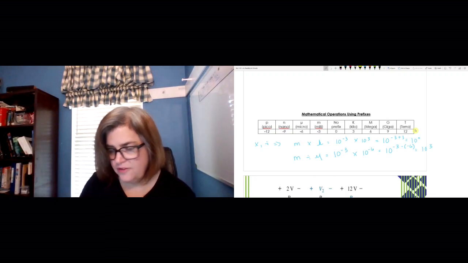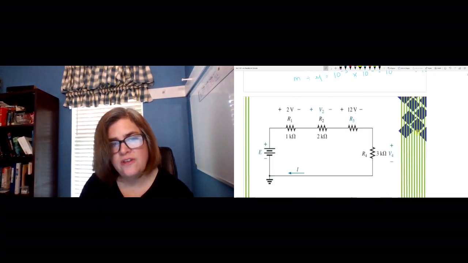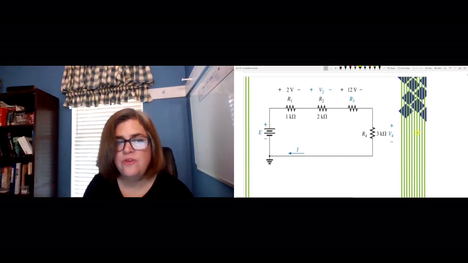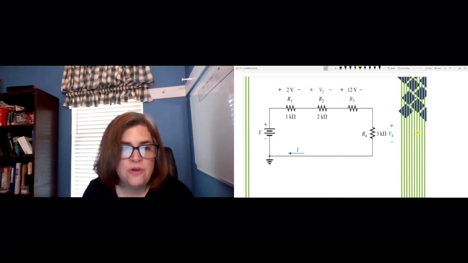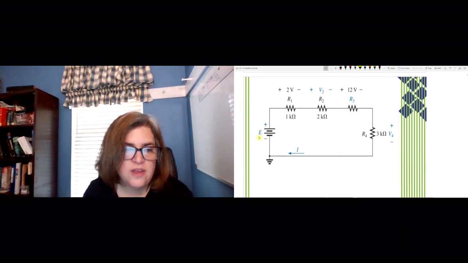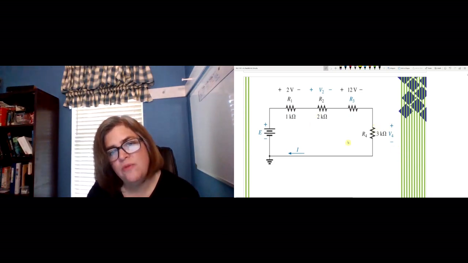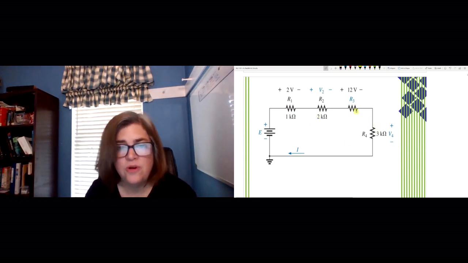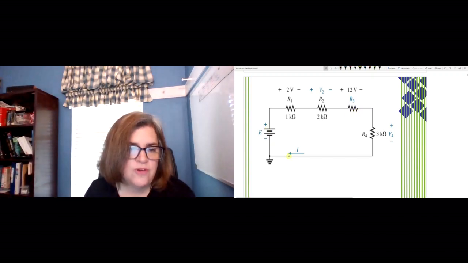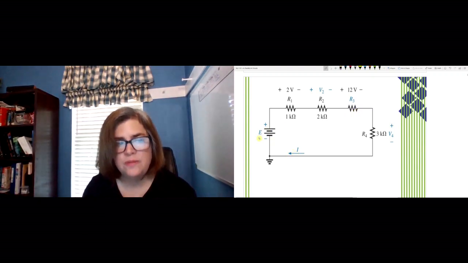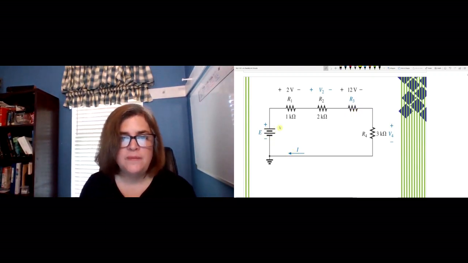So let's look at a series circuit. This is from last week. I just want to review. If we're looking for our unknowns here, we're looking for the voltage source, V2 here, V4 here, and the current. Since we can't really find RT, since we don't know R3, and we can't find I sub S, even if we did, because we don't know E,